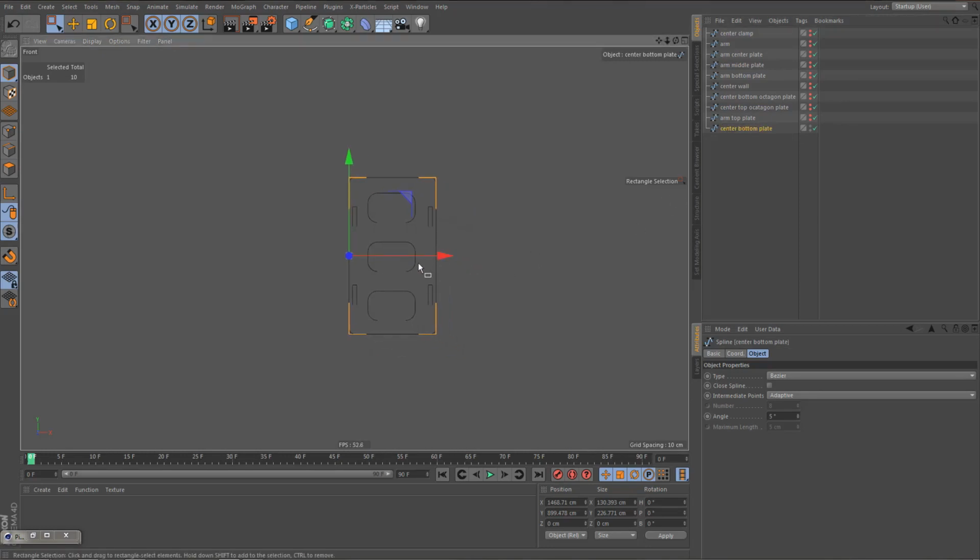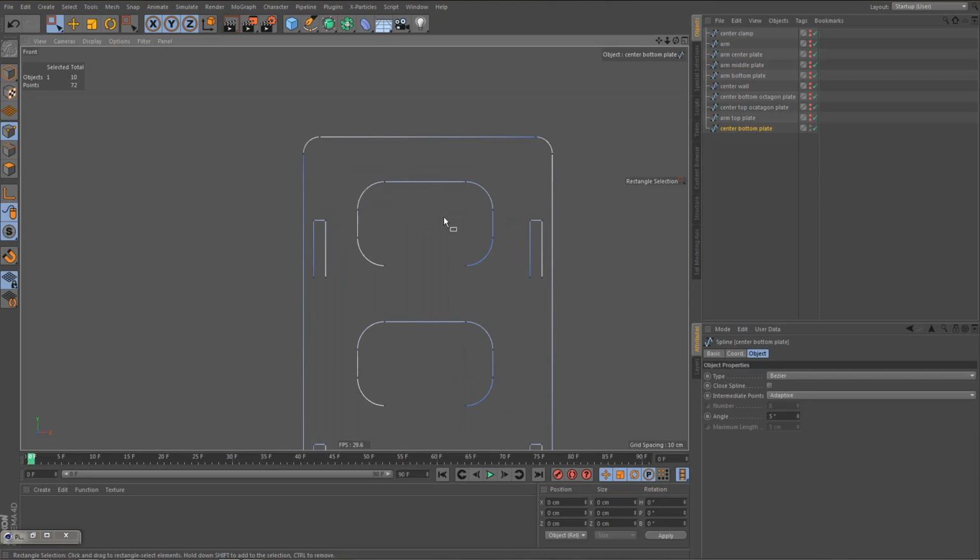And now that we've named everything, we're going to do a little more work, because although the splines appear to be a single object, they're not actually a single spline. So we're going to have to do some more work to turn them into proper splines. And what we need to do to turn these into proper splines is we need to weld a lot of points. If I switch to point mode here,